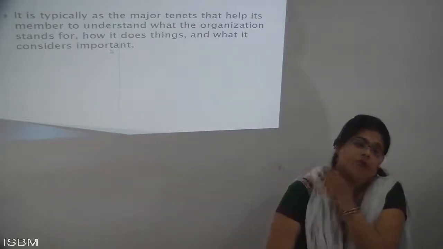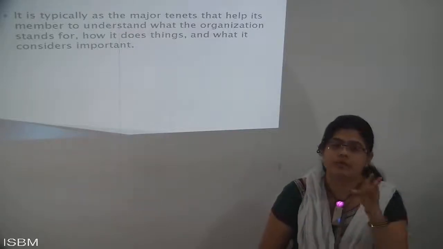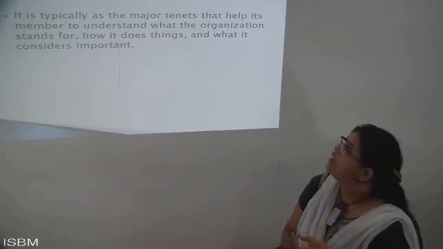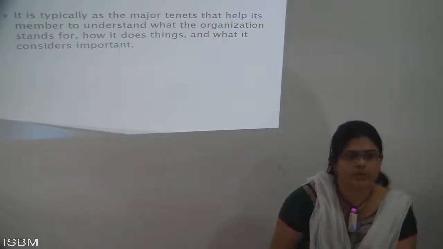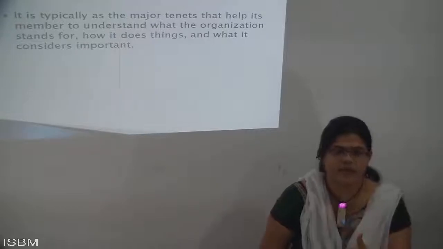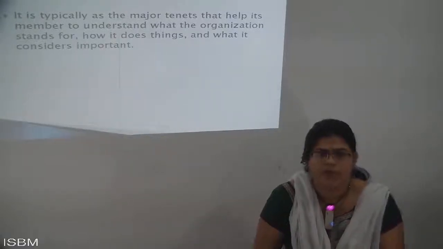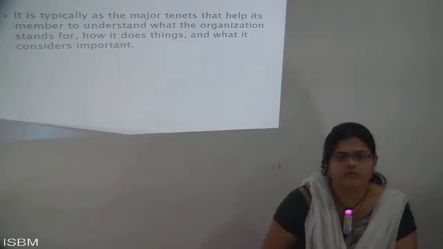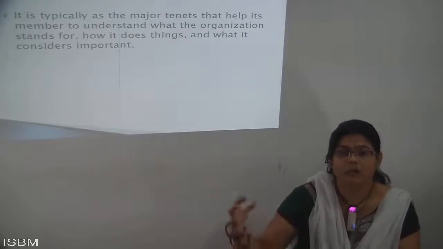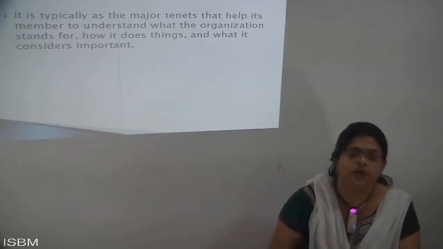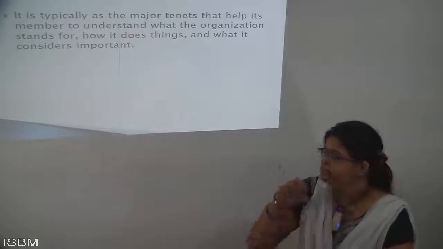Now with organization culture, three questions arise. First, what the organization stands for. If you go to Infosys, there is an induction program, an orientation. During the orientation itself you can recognize the culture, how the people are performing at that time, how they analyze each and everything, and the basic terms. You get to know what the organization is, what the main thing is.